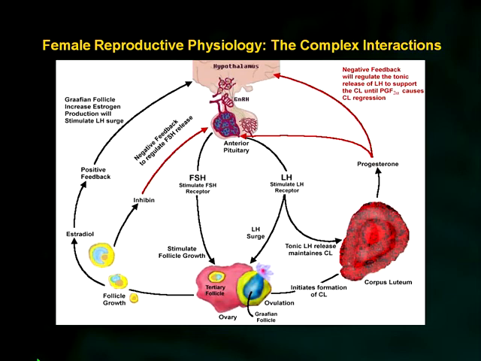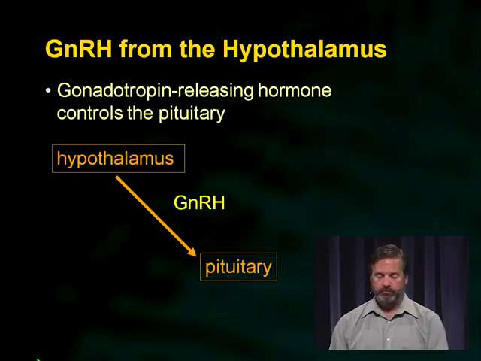For me, as a visual learner, these kinds of schematics are really helpful. So if you're also a visual learner, you might want to spend some time looking at diagrams like this to help you really understand the interplay of the various organs involved in the regulation of the menstrual cycle.